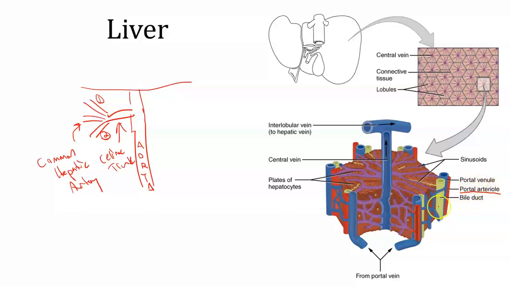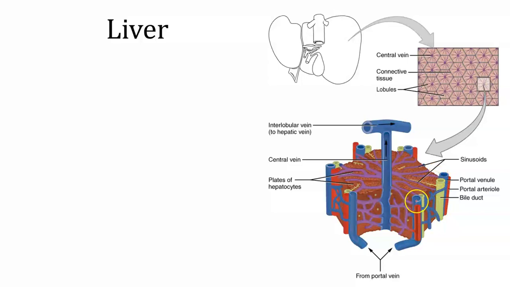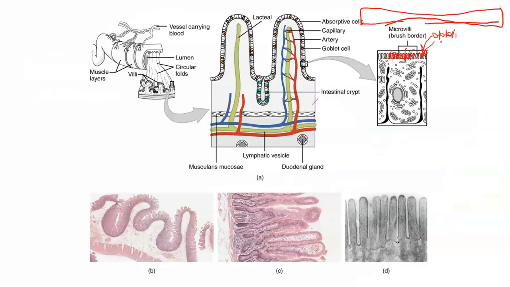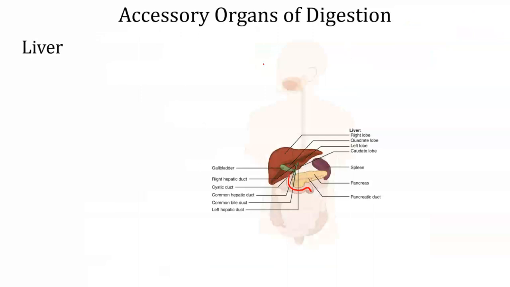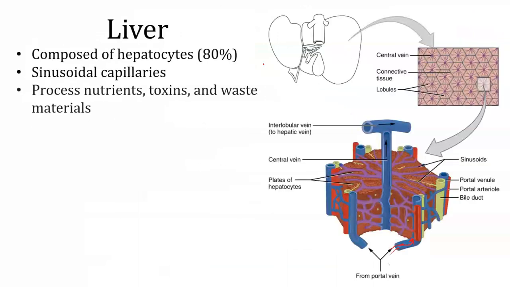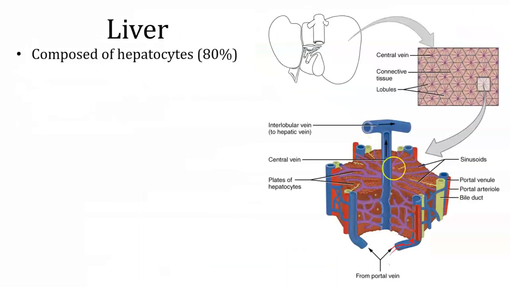off of the celiac trunk of the aorta. So it's an interesting thing that happens because you have, on the one hand, portal blood that's just been from the guts and now is nutrient rich, but oxygen poor because it's already been to, specifically here, these capillaries and it's lost the oxygen into the tissues of the mucosa. Okay, and so by the time it reaches the liver, that portal blood is oxygen poor. Lucky for you, though, there is a little branch that runs right next to it that carries oxygen-rich blood, and